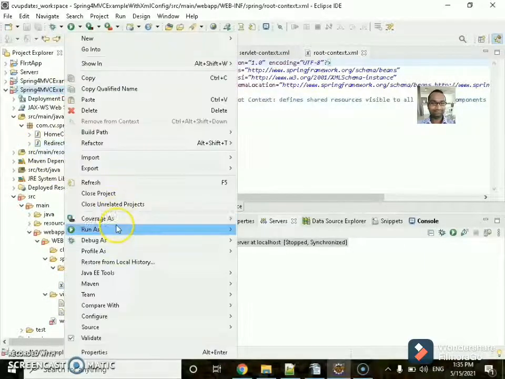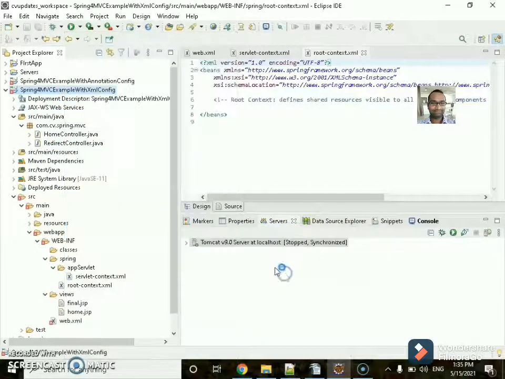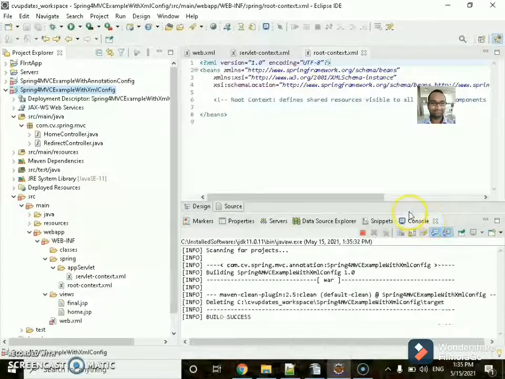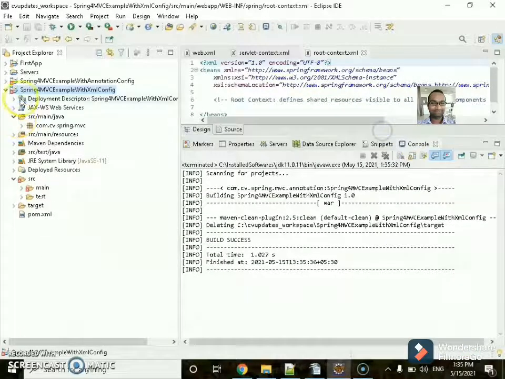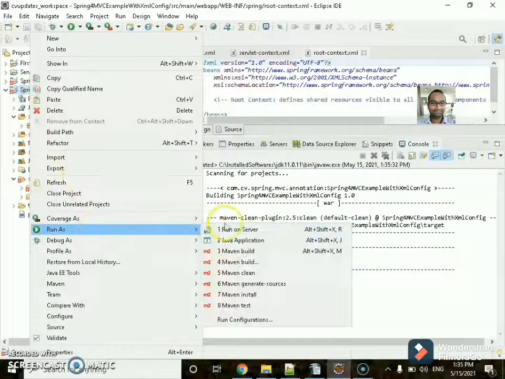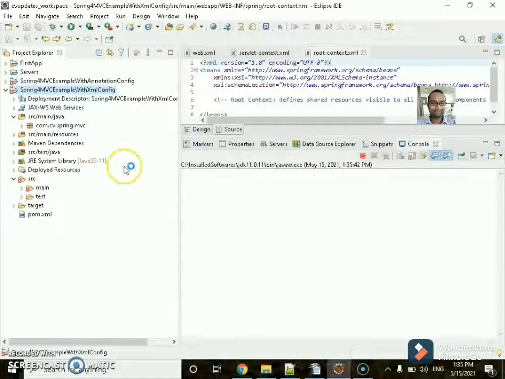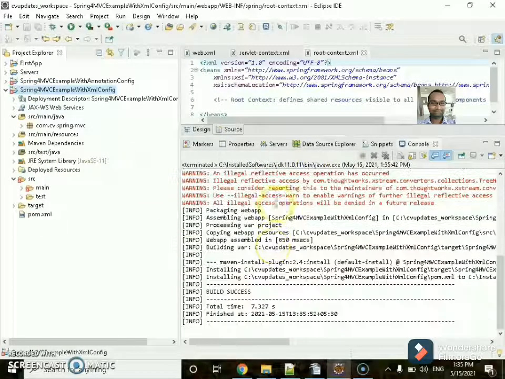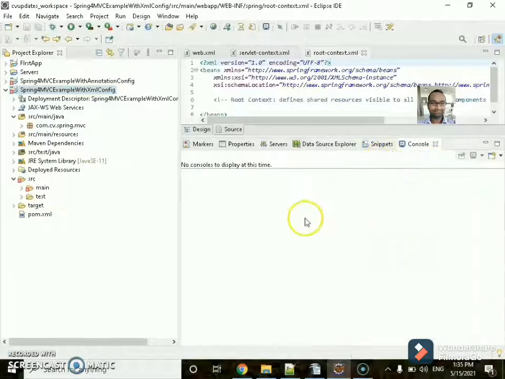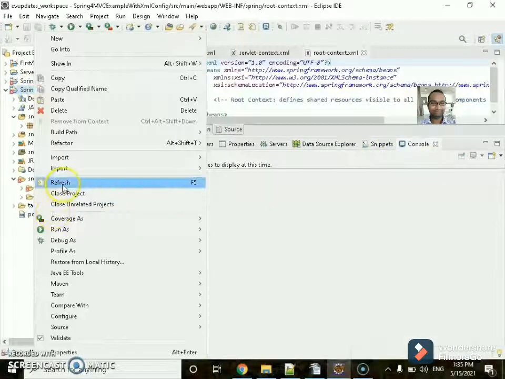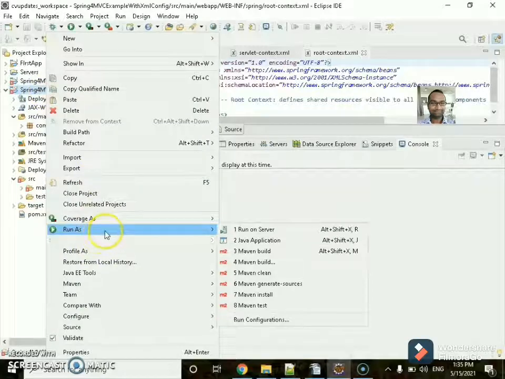So let's try to do the Maven clean. So try to do run as Maven install. So build is successful. Let's do the execution of the application.